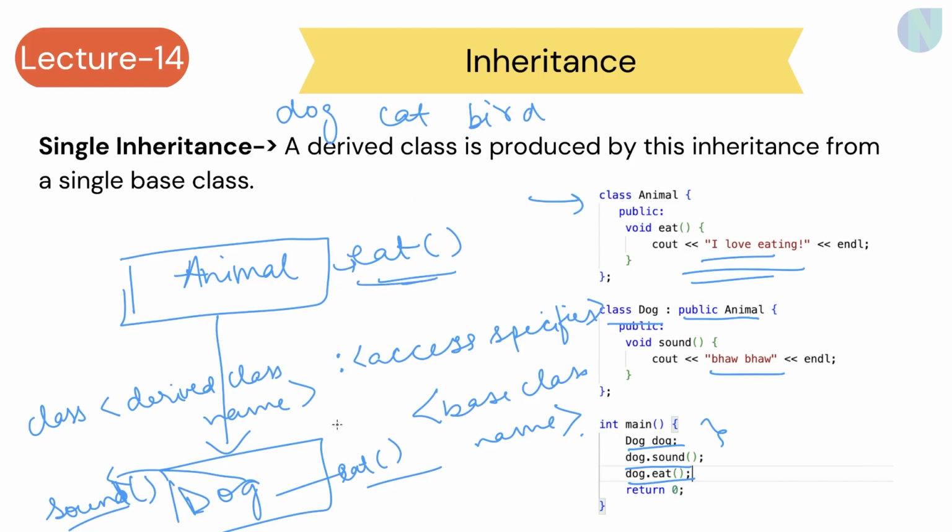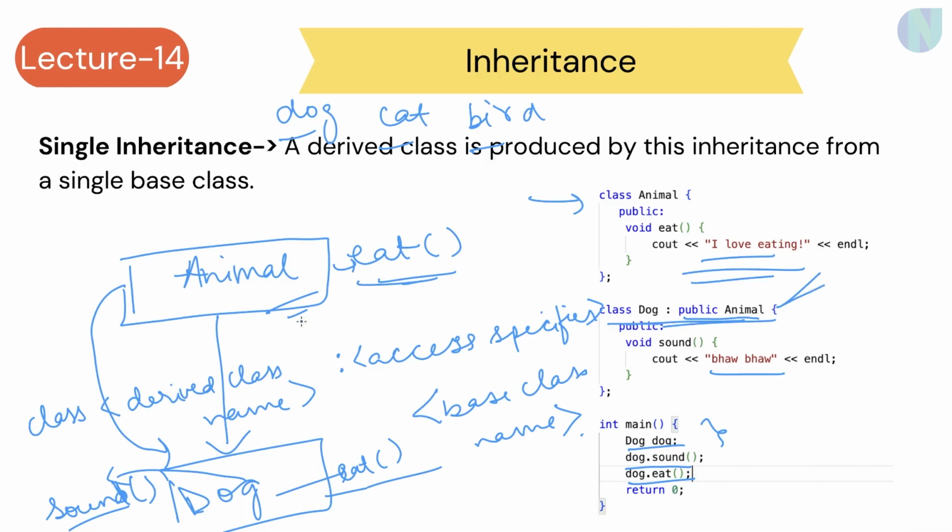We give eat here as well. Why not make a class which has some properties generic to all these three, dog, cat, and bird, and they just inherit all the properties in this particular class? So basically, inheritance helps us avoid duplicacy of code. Also, there are fewer chances of error since there is less duplicate code. So here we are achieving inheritance, and single inheritance is coming into the picture.